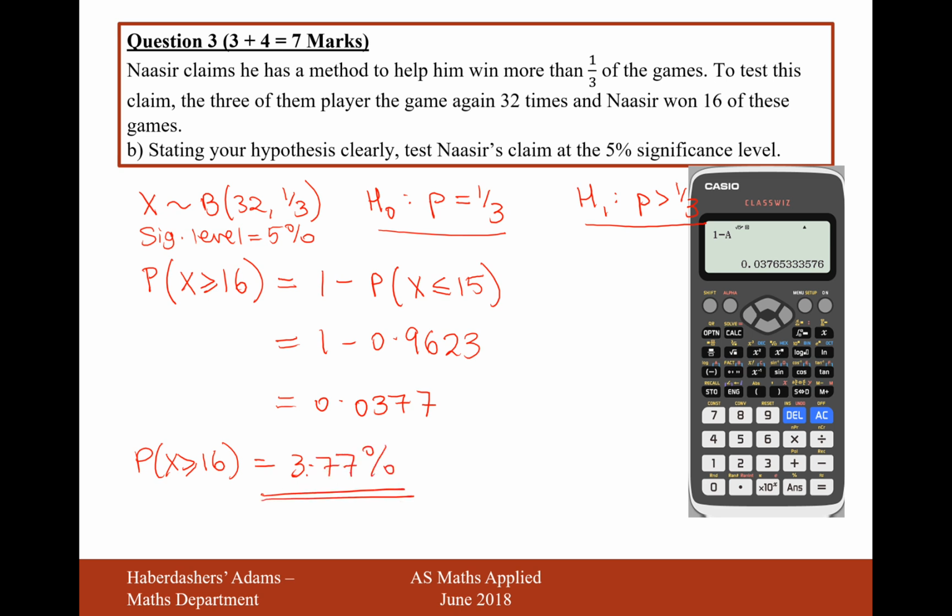Now that is so unlikely that Nazir would have won 16 games or more, that what we have to therefore conclude is that the probability has probably increased. Nazir probably has some strategy to win this game, more likely than just the probability of 1/3. So therefore, we reject the null hypothesis,